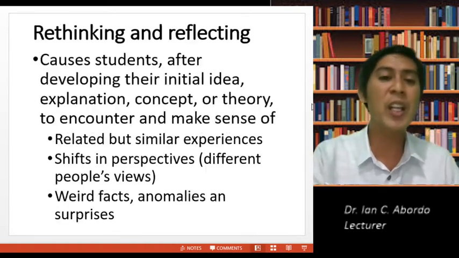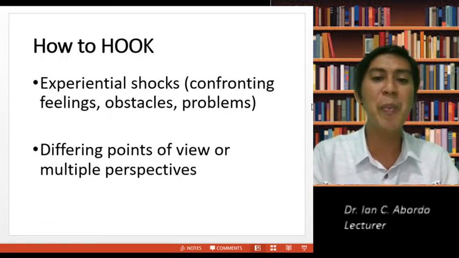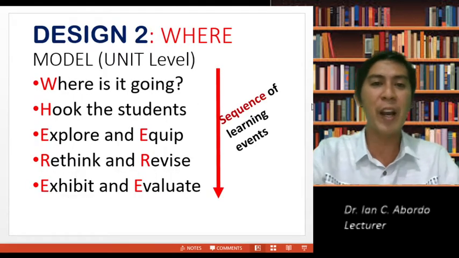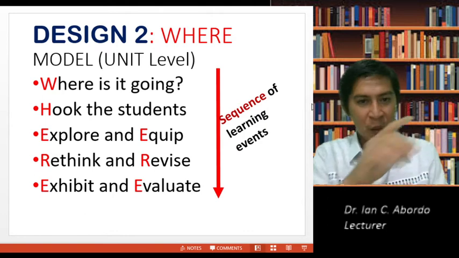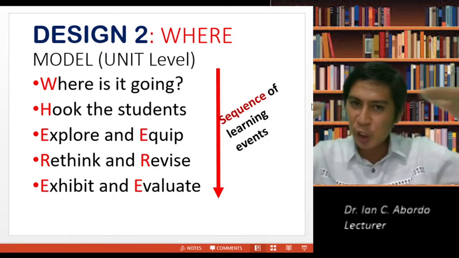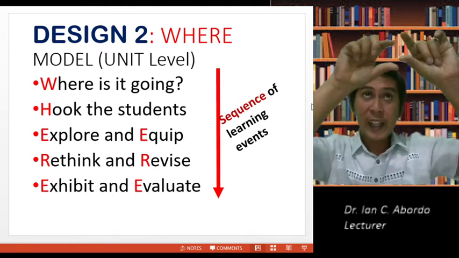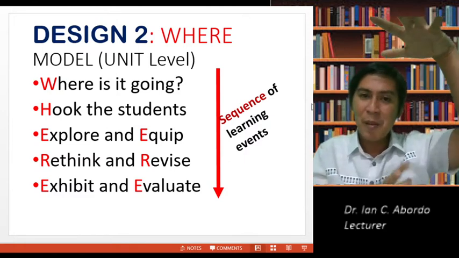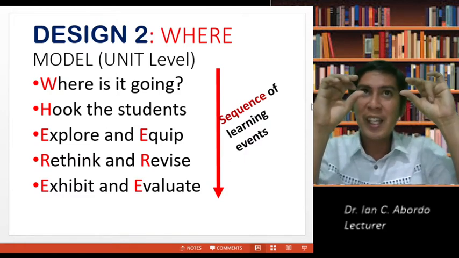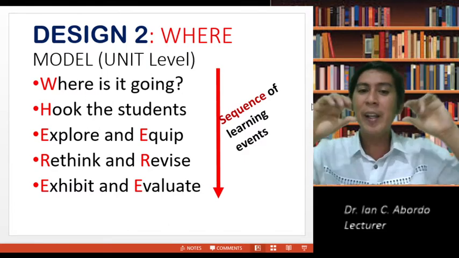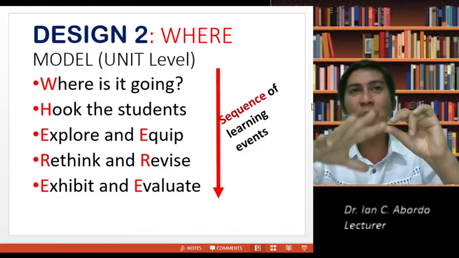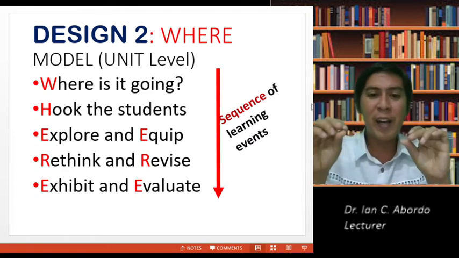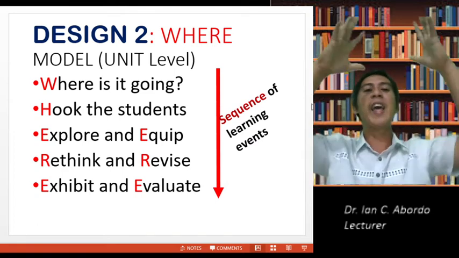So you can organize your module that way. In how many parts? As we just said, one, two, three, four, five. Five parts. But you can change the label, the side heading of the module, as you write, without losing the idea that this first is where we are going. Hook, you can insert your devotional there. You can equip and explore, rethink and revise, exhibit, and the module ends.